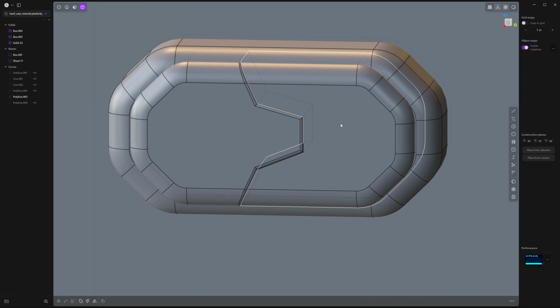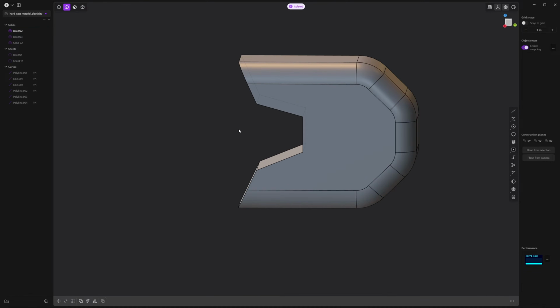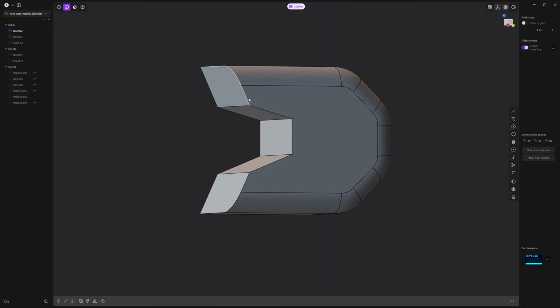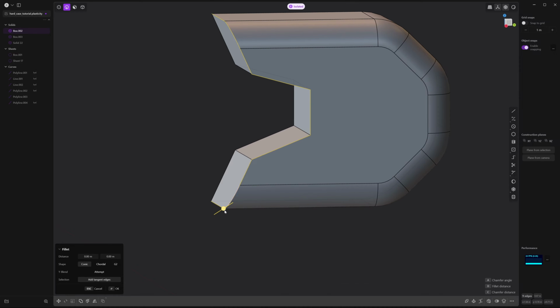And we're going to do the same thing to this piece. So select it, press period, press 2 to go to edge mode. Alt click these edges. Alt shift click these other ones. And again,